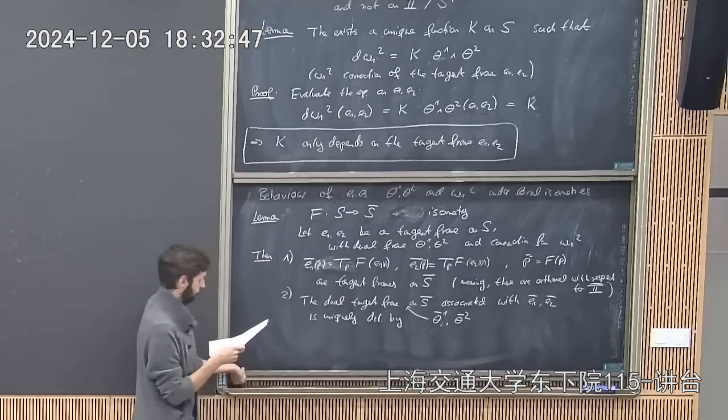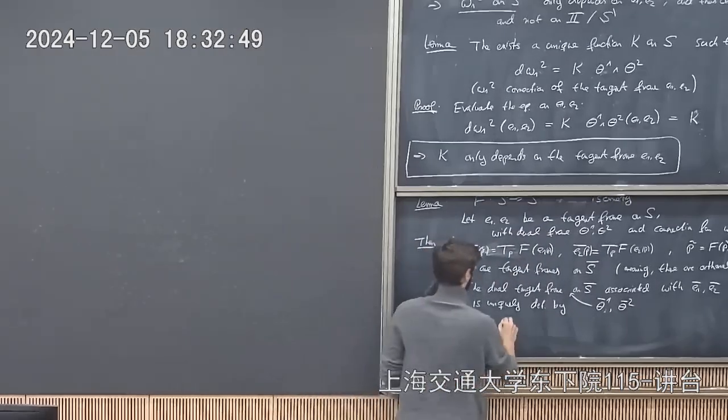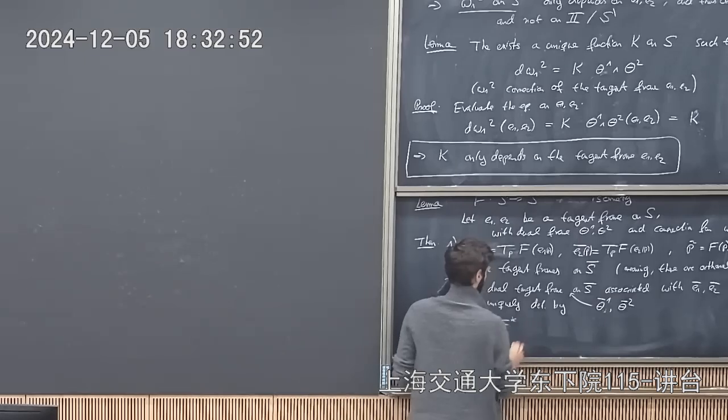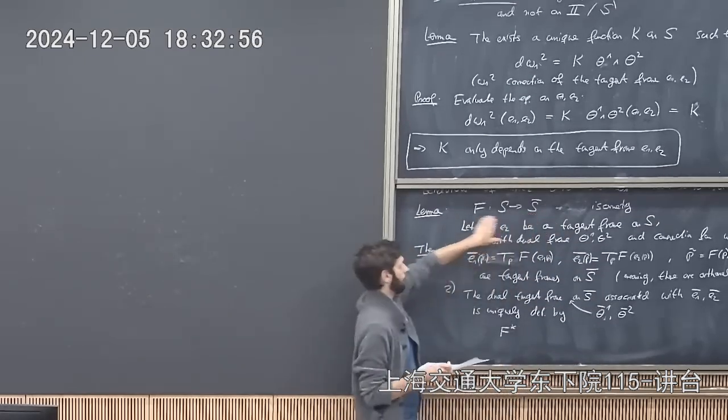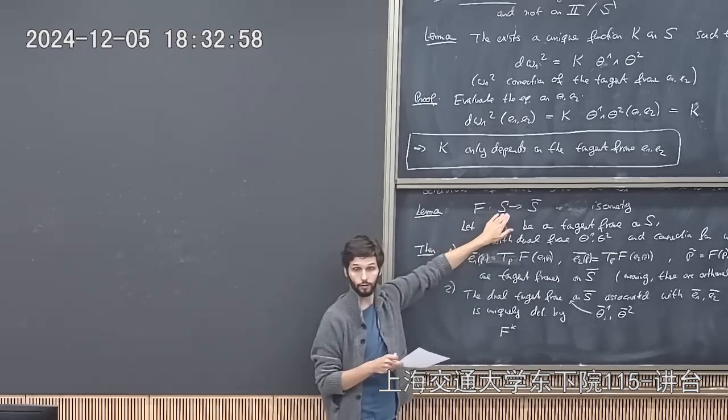So these two forms, they are uniquely defined, so these are one forms on S bar. So what we can do is we can pull them back to S by F to get a one